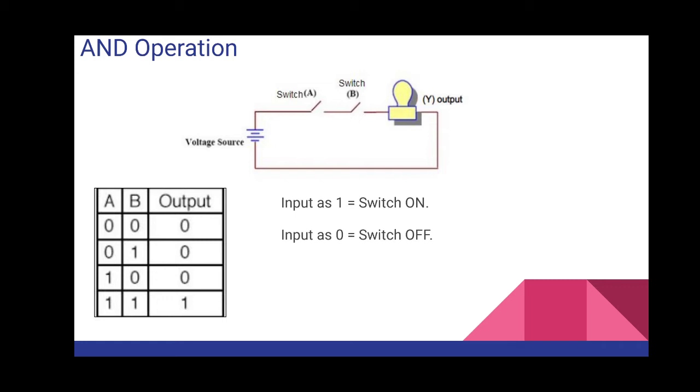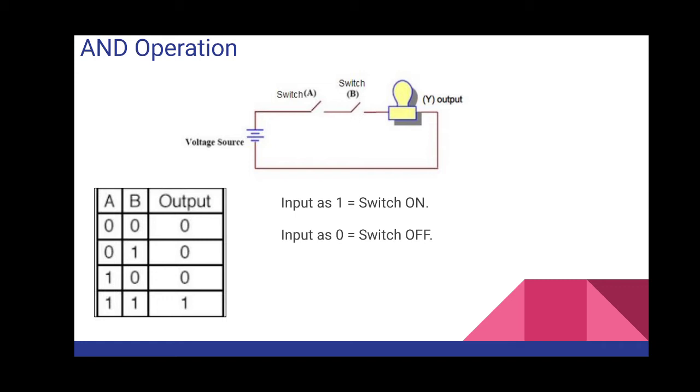Right? Similarly, the third condition: my switch A is on. Switch A is on means A is 1, and B is off, that is why B is 0. So now again observe, the current will start flowing from the battery to switch A. Now it will pass switch A, because switch A in this condition is on. That means it is connected. But when it reaches switch B, it will observe that switch B is off. So the current will stop at switch B. It cannot go to the bulb. That is why the bulb again won't glow.